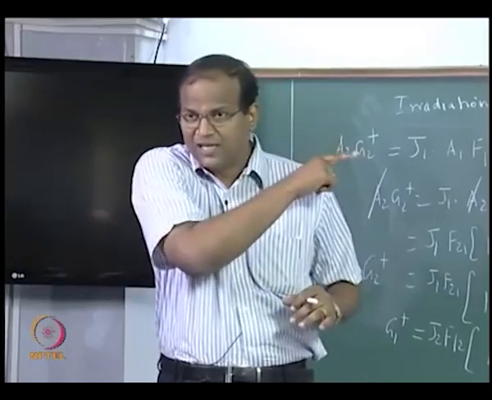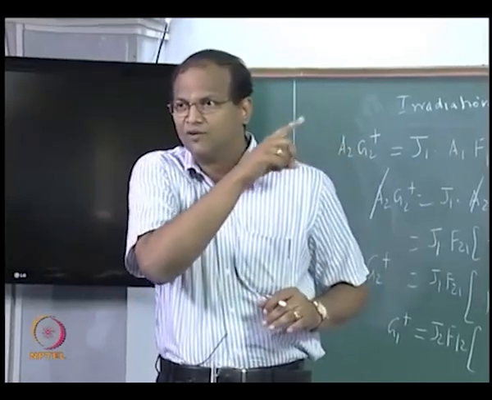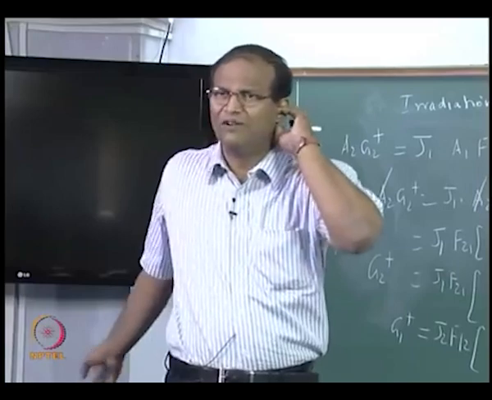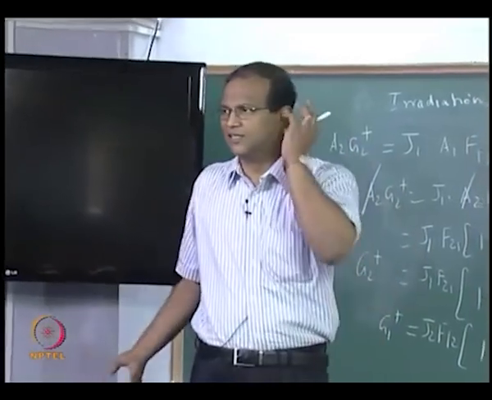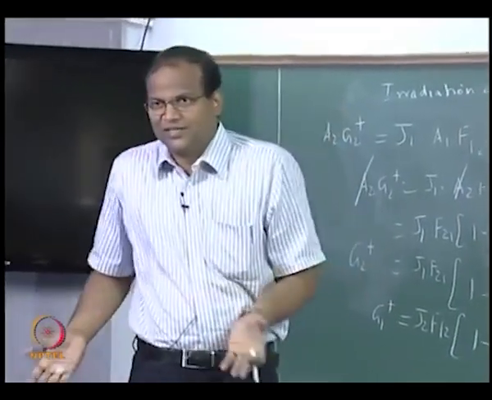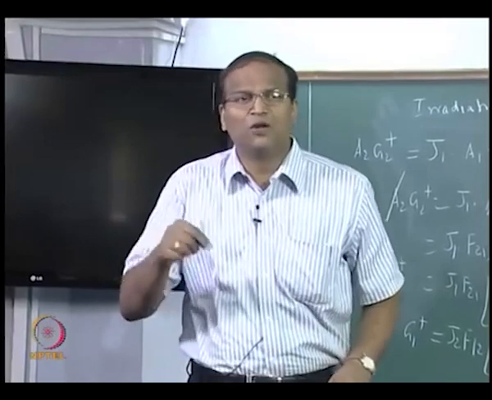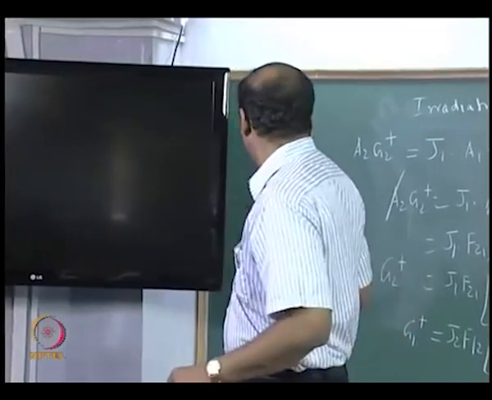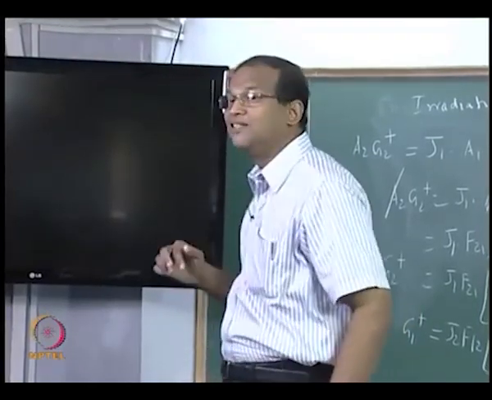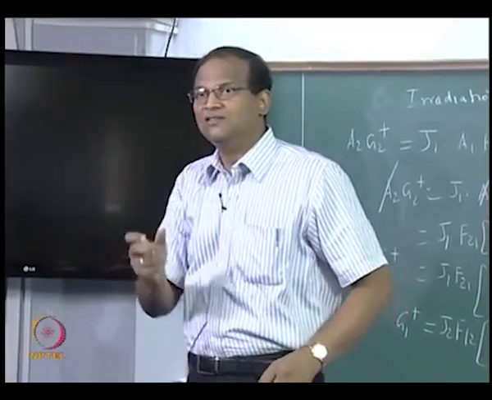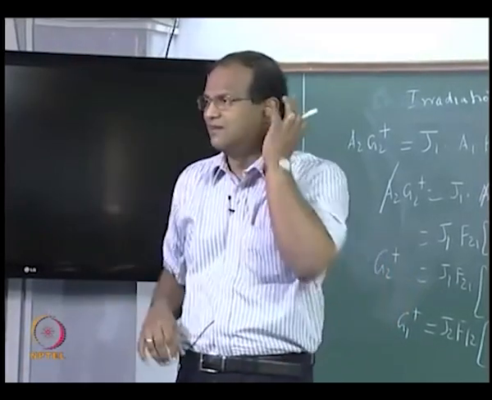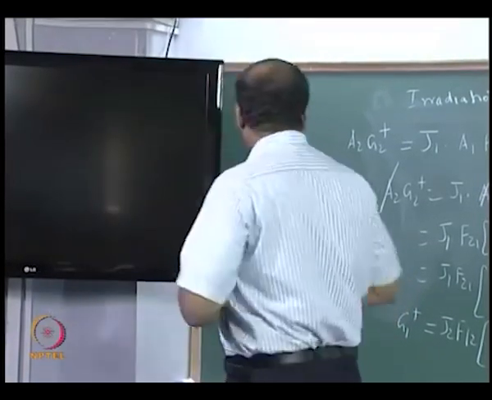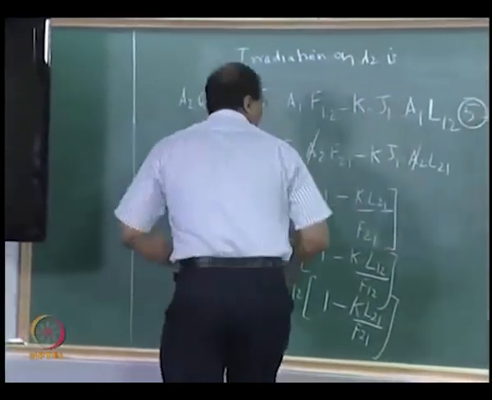Kappa represents the amount of mischief caused by the gas. Even if it is an optically thin gas only, that is why we are able to write e to the power of minus kappa, even then it will come. If kappa is equal to 0, then there is no need to consider gas radiation at all. Therefore, this 1 minus kappa L21 by F21 can be considered as the tau of the gas, transmissivity of the gas. Okay. So, G1 star